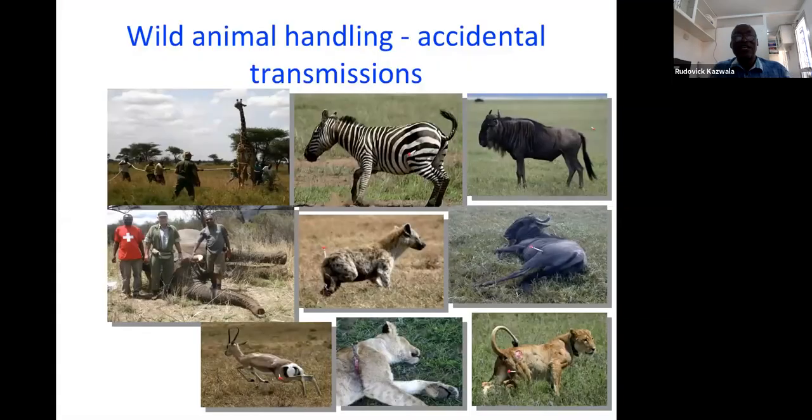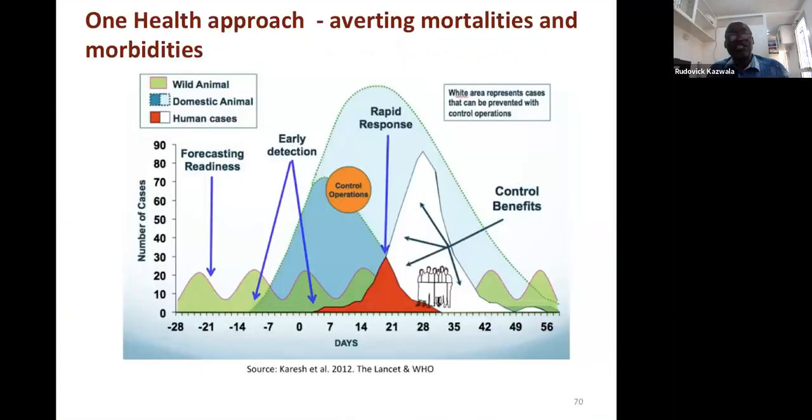And we may introduce other pathogens through our handling of animals, whether intentional or accidental. Here are the activities of capturing wild animals, and these may, in one way or another, introduce pathogens to the wild populations. So what we need to do is to address these problems in a One Health approach,